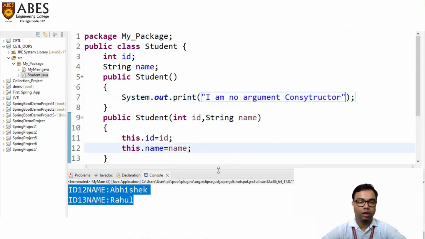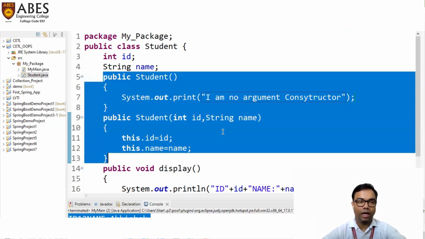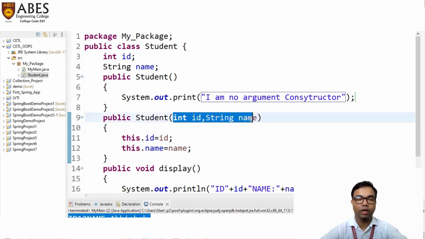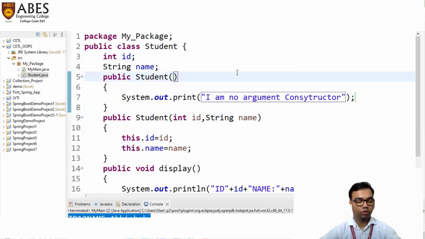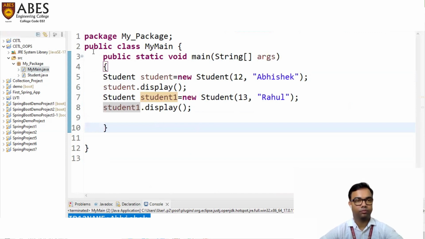So here we have two concepts. The first concept is that we have two constructors, and the name of the constructor is the same as the name of the class. So here you can see the concept of constructor overloading. Here we have two different constructors, and which constructor is called depends on the parameters. So here we have given two parameters, and here we have given no parameter. Okay. So if we run this particular program,